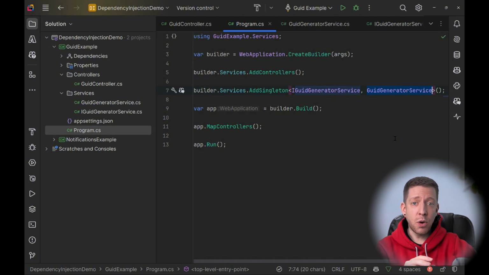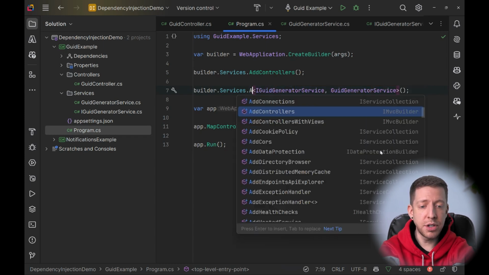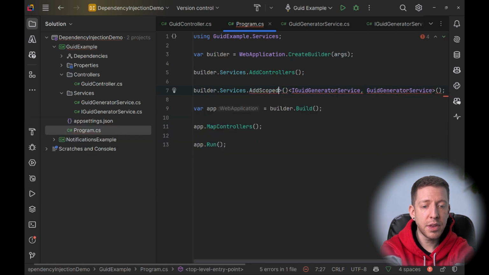At the end of the request, the scope will be disposed of, and so will the instance of the GUIDGeneratorService. So it's effectively a mixture of both the transient and the singleton, in that it's created once and shared, but only for the lifetime of that scope. And the most common scope in .NET would be the ASP.NET Core request pipeline. So if we change add singleton to add scoped,